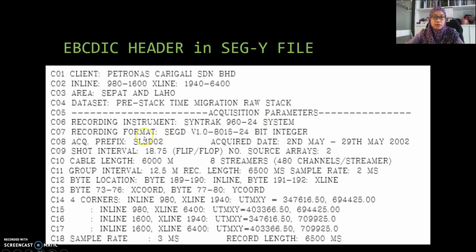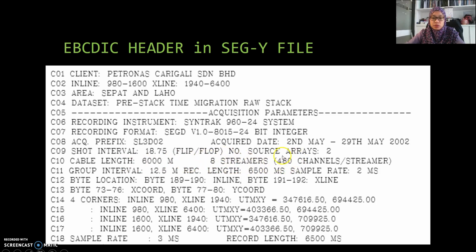The format of recording was SEG-D, and this shows the shot intervals, source flip-flop with 2 source arrays, the acquisition date, the cable length,